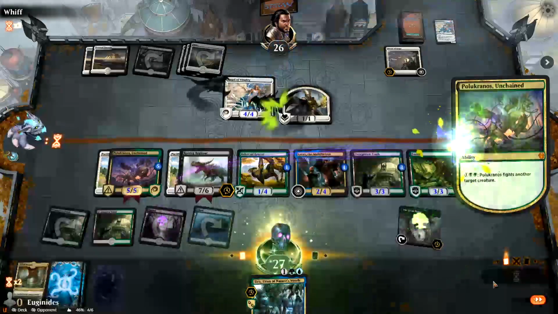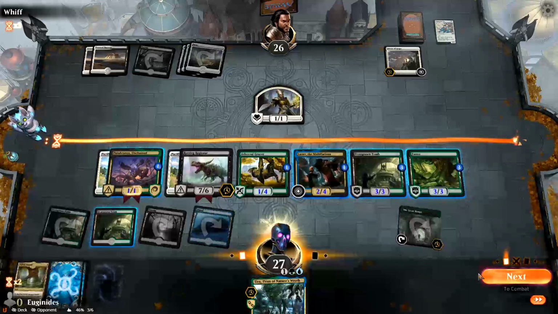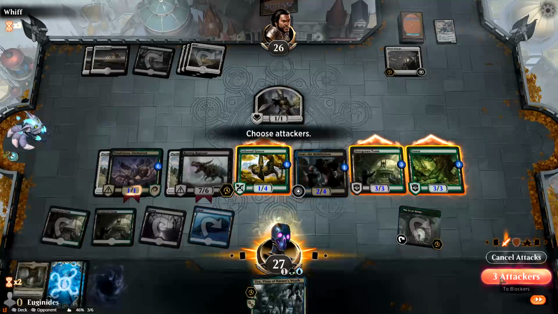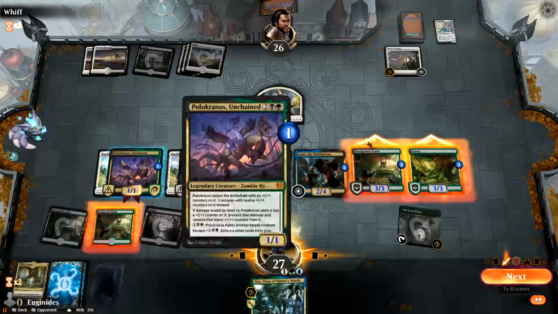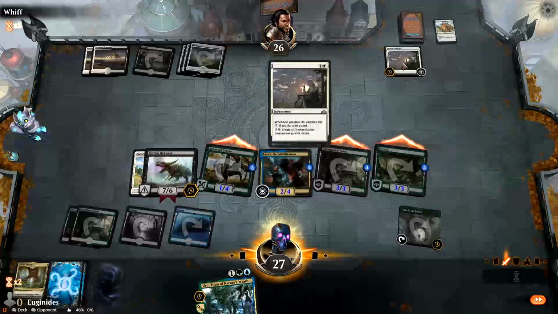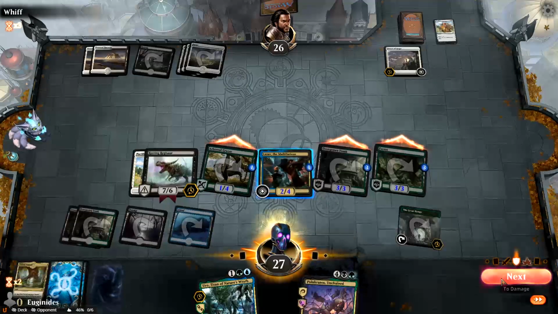So I'm definitely fighting you first. Full control. This way he just can't prevent damage. I mean, you still gain life and draw a card, but...